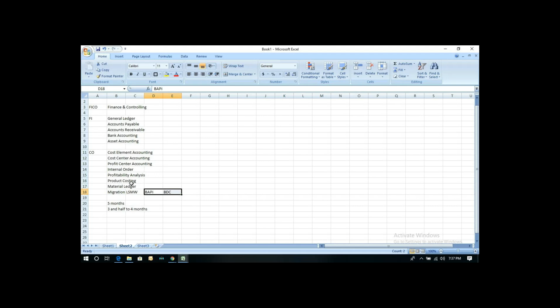There are some disadvantages with LSMW, where we have multiple screens moving from here and there, so LSMW is not that effective, and moreover it takes a long time to load the data. Whereas BDCs and BAPIs work effectively and very quickly. BAPI is more effective than BDC. But still we need to have some hands-on knowledge of LSMW,